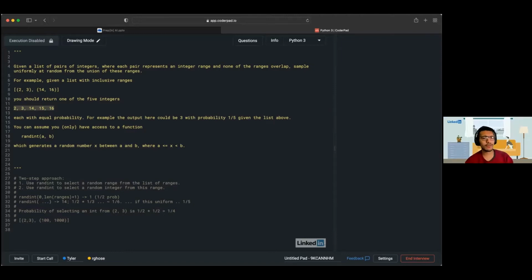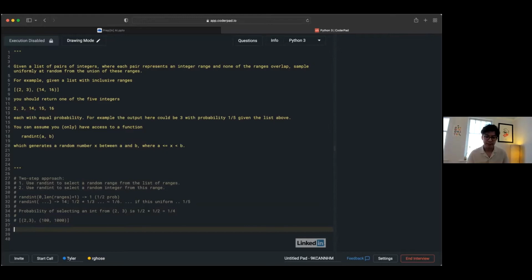Sorry, I didn't fully understand that. Sorry, so yeah, I would explicitly construct the list representing the union of the ranges, and then I would make a single call to randint to generate an index into that list, and then just return whatever element is at that index in this union list. Makes sense. So you'd explicitly construct the union first. Yeah, I think that makes sense. Definitely is a good first step and makes it really explicit that we're getting the end result, sampling uniformly like we expect.